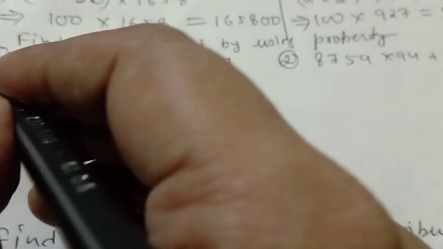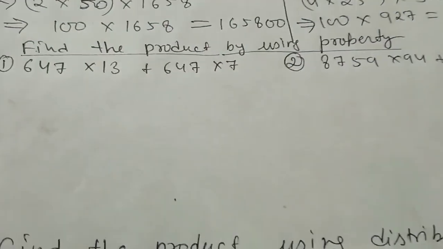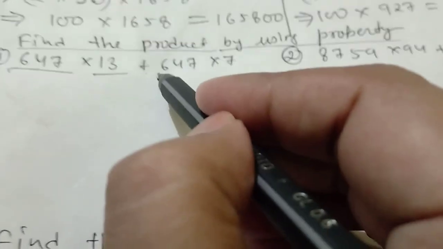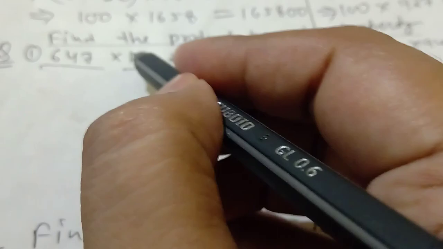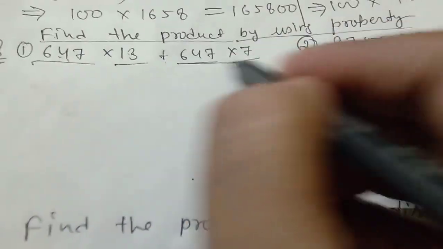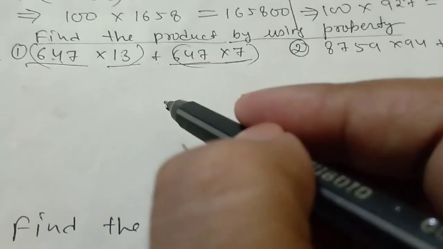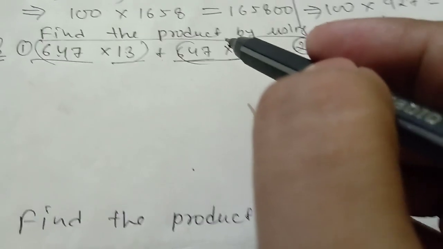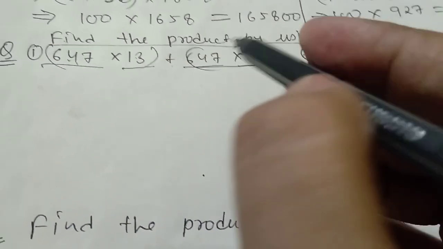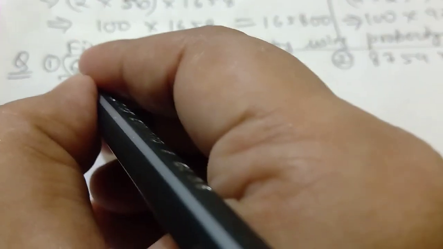Now moving to the next question, find the product by using property. You can see 647 into 13 plus 647 multiplied by 7. There is a way to multiply this number and this number, then add them, and you will get the answer, but here we have to use a suitable property so that it can be easy for us. Now how? You can see